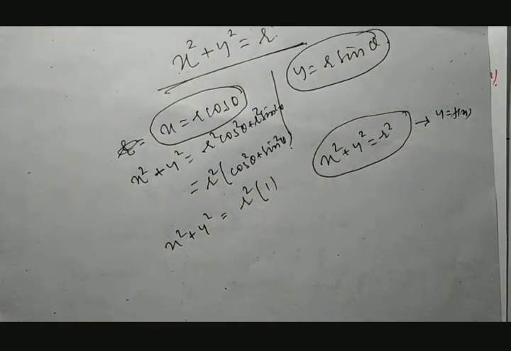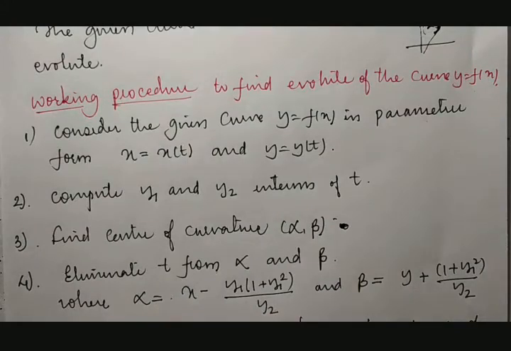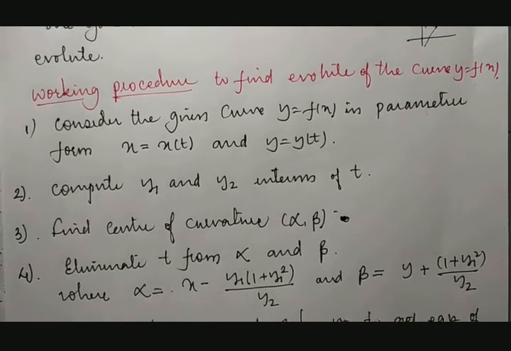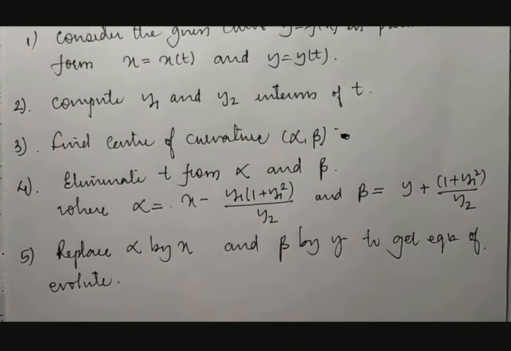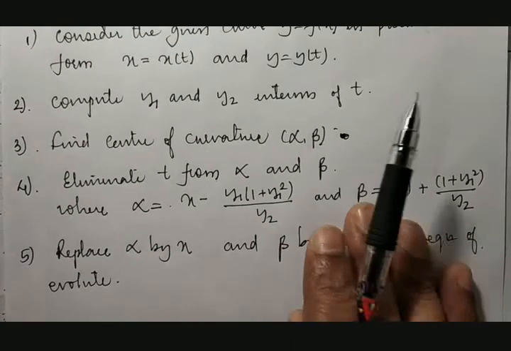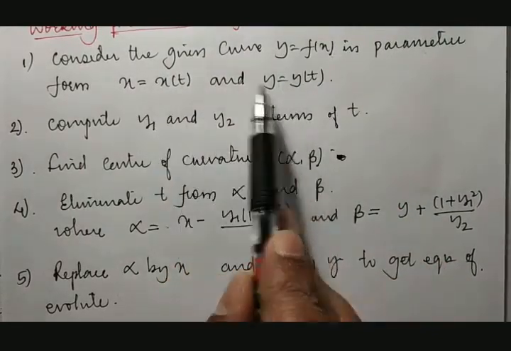So, while finding the evolute of the given curve, we need to take care that if the given example is already in a parametric condition, then no problem. If the curve is represented in a Cartesian format, that has to be converted into parametric condition. Without converting also we can calculate the evolute. But the problem is what? Without converting that into parametric condition, if you try to calculate, then it becomes very tedious. The calculation part will become very complex. So to convert complex to simple, what we need to do? Very first we need to convert the given curve into parametric conditions.